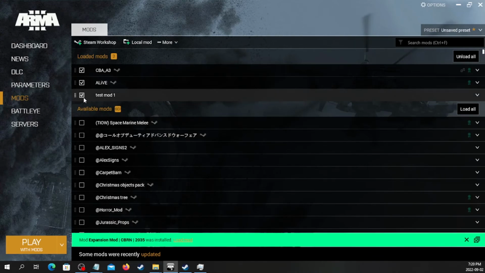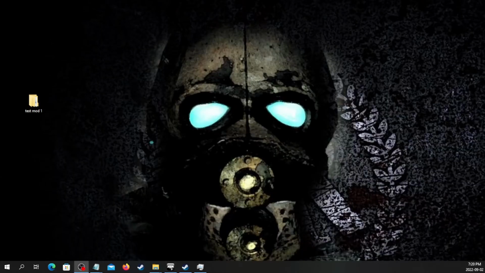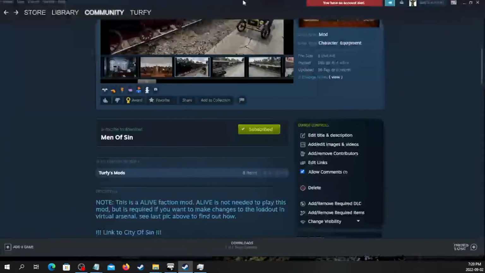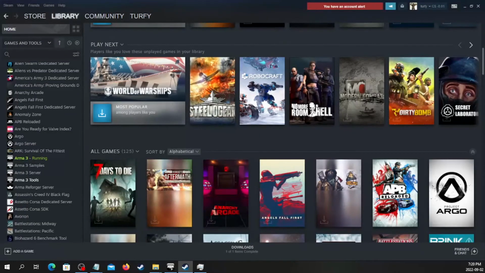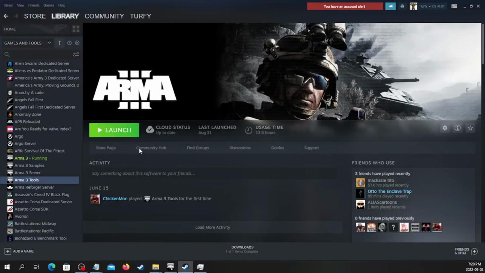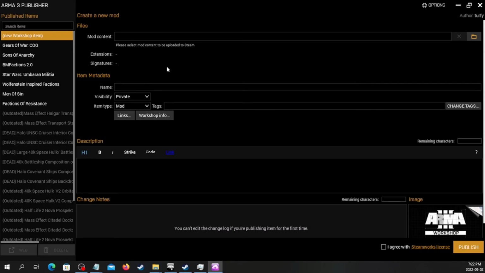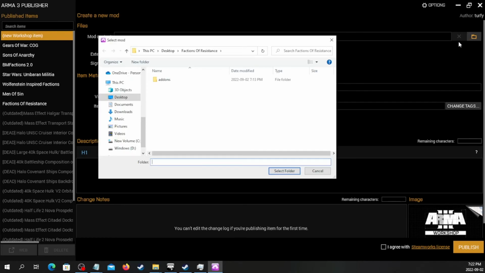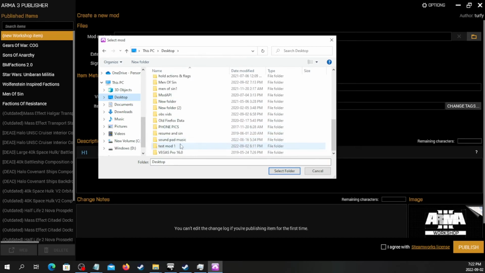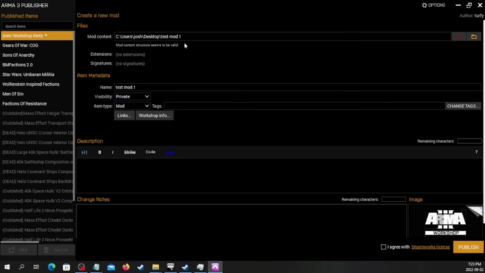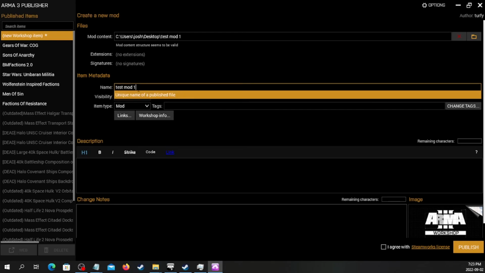If you wish to publish it though, you will need to go to those Arma tools we were talking about in the beginning. Launch the publisher. Wait for it to load. Once the publisher loads, you'll see this page. From here, you want to go to this little tab, select mod folder. We're going to find the mod and click it. It'll give the location. You can give it any name you want,